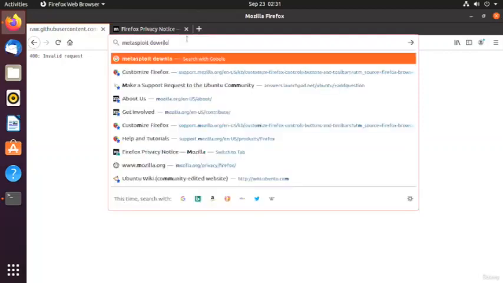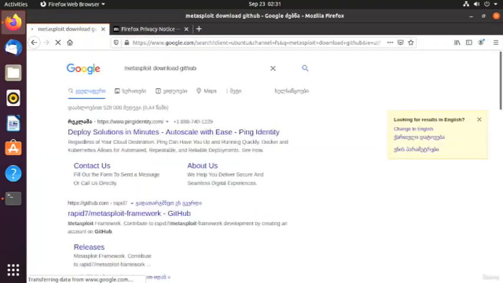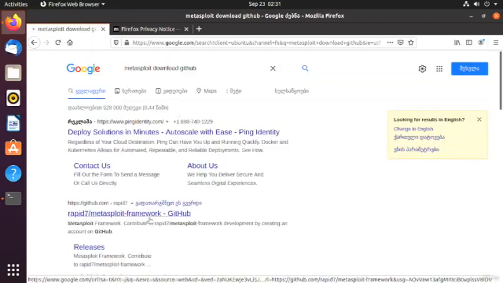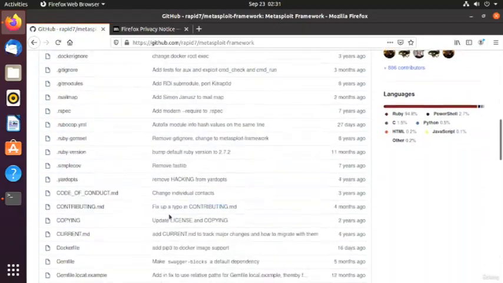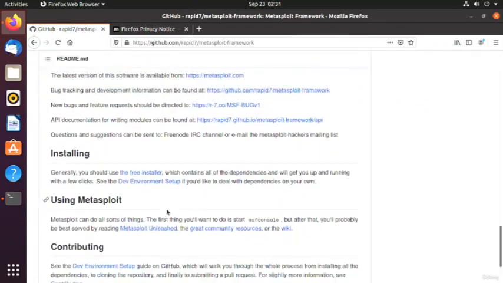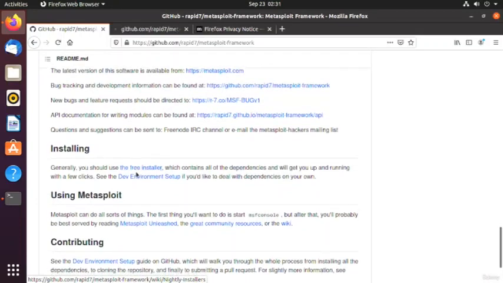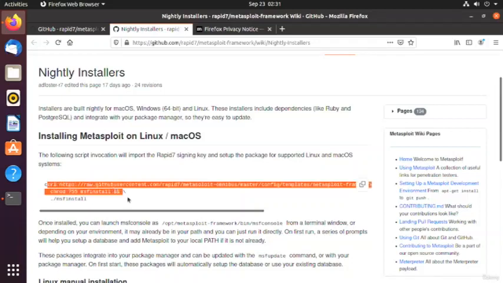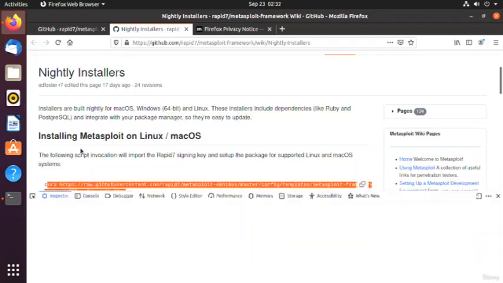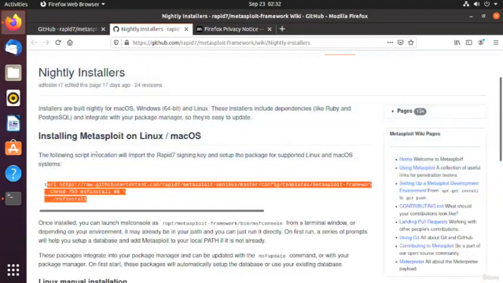Then let's search for it. Metasploit download GitHub here. And here, Metasploit framework, installing here. And here. So let's copy this link